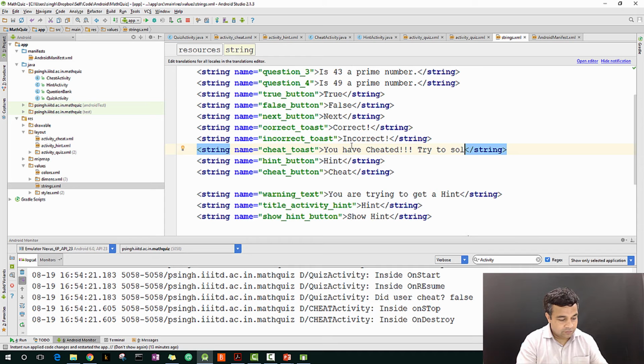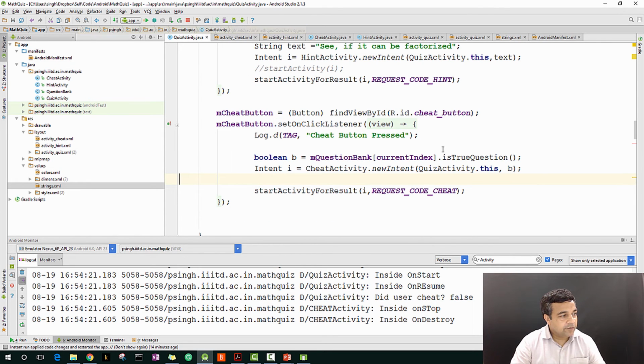Solve it next time. Or maybe just you have cheated. So this is our cheat toast. We created the resource. We go to quiz activity, and now